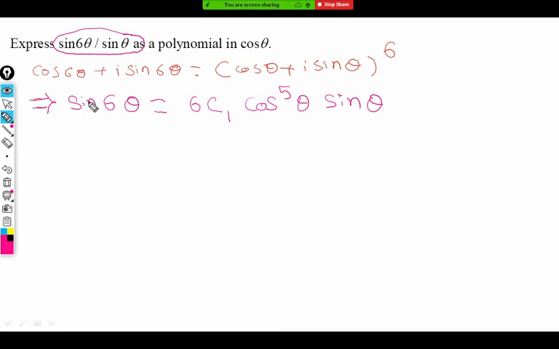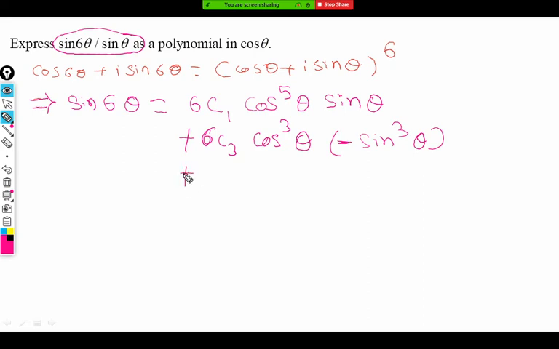You do it step by step like the previous question if you want. Next, this is 6C1. For 6C2, there is i square sine square theta, which is real, not required. So the next term will come from 6C3: 6C3 cos raised to 3 theta. Sorry, my mistake. Is it cos cube theta? Correct. Cos raised to 3 theta into i sine theta bracket cube. That is minus sine cube theta. So this term you will get.